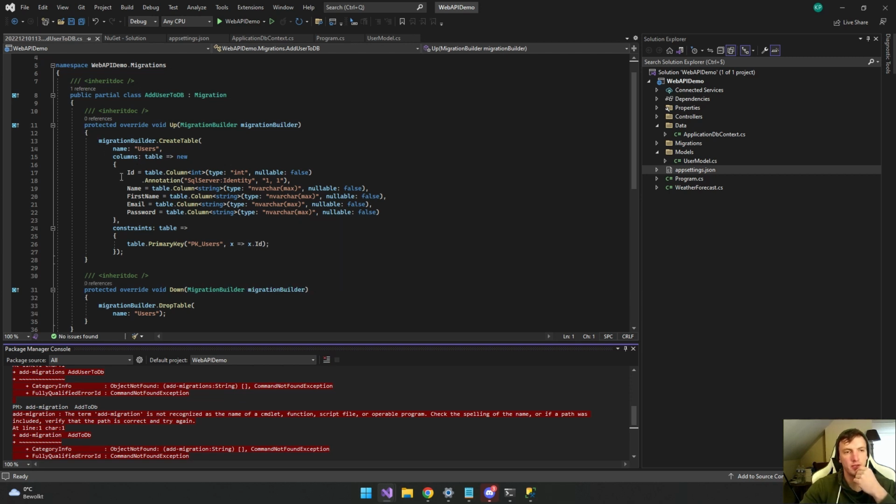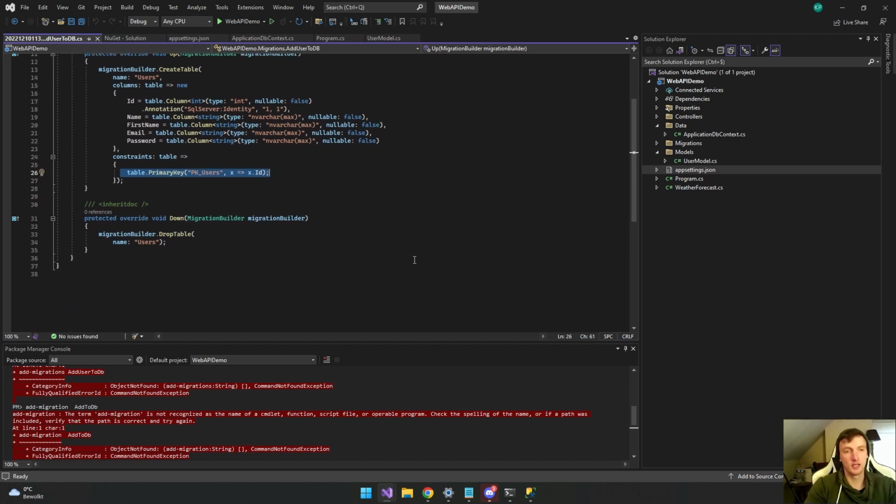And now you can check if this is the way you want it in your database. So we're gonna create a table with the name of users, what we said. The ID is an integer, identity 1,1. You have the table with name, first name, email, password, and the primary key is user. So that's the things you set in the model, they will do here. So nothing can be nullable, true.